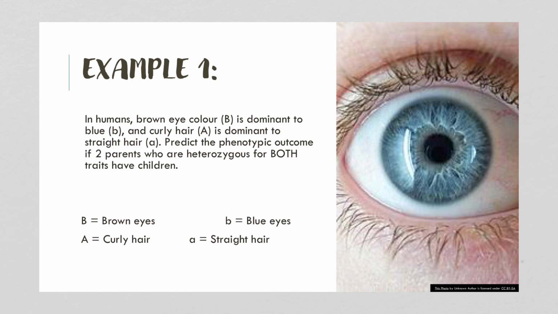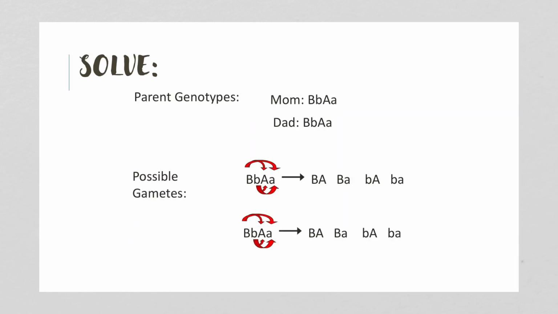For these, we're just going to look at the phenotypic outcomes, because these Punnett squares get quite large, as you'll see, rather than list all the different genotype combinations there could be. I've drawn this one out already just to make it easier. The parent genotypes, like I said, are both heterozygous. So the mom is big B, little b, big A, little a, and the dad is